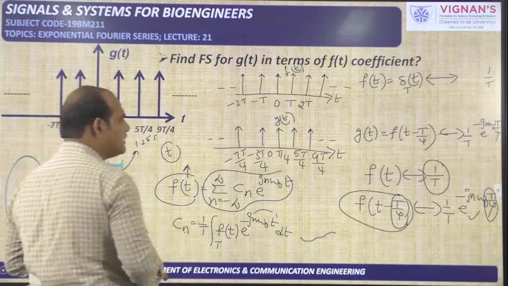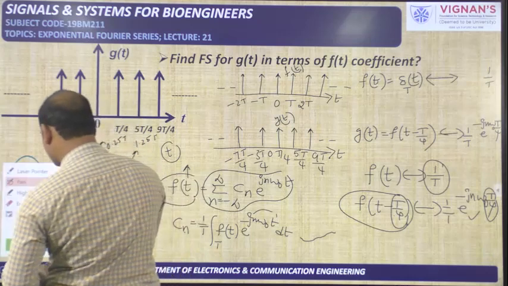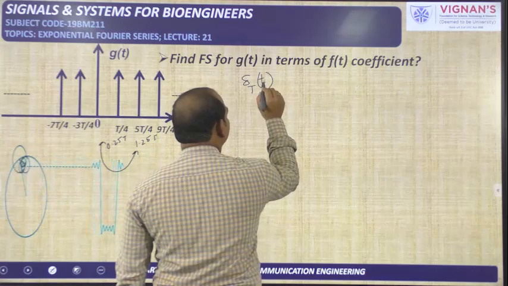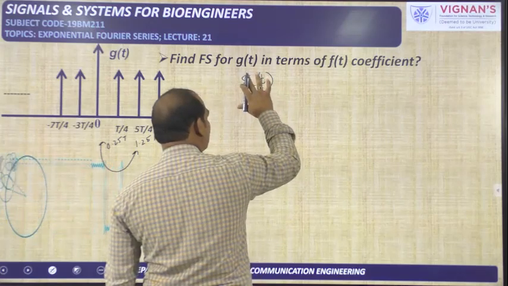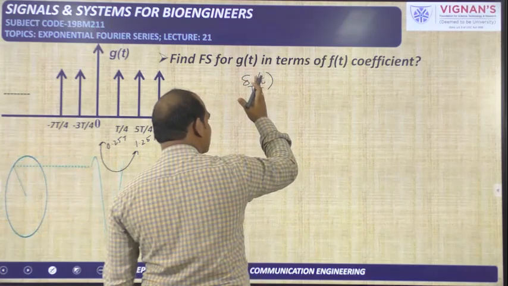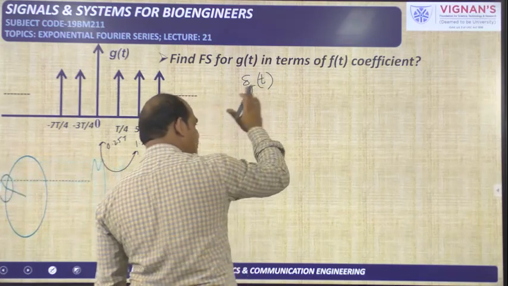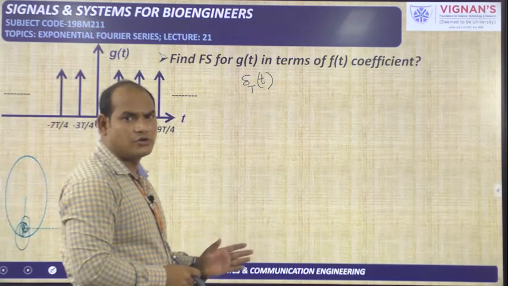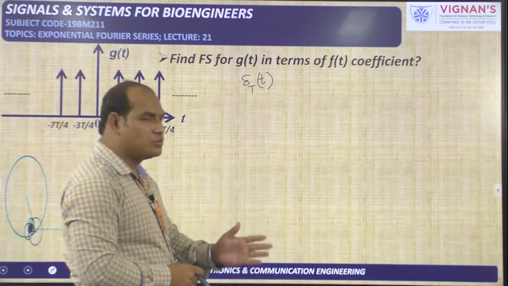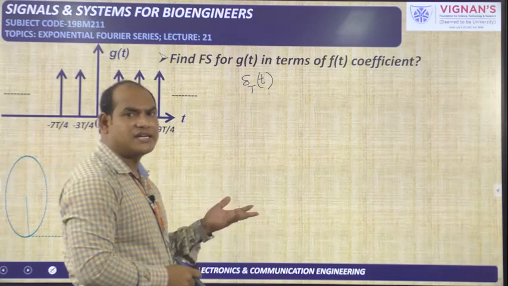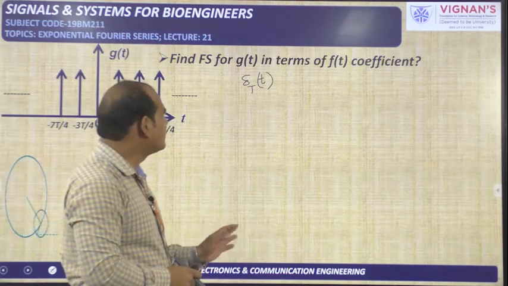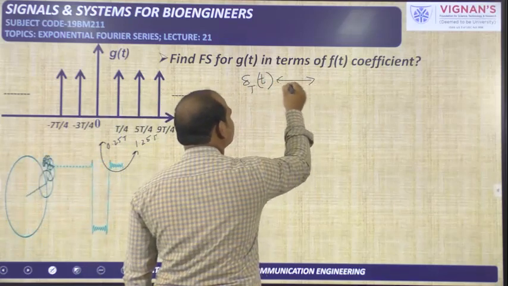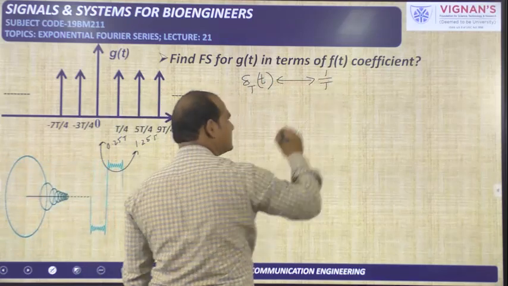Again, orally I will tell, listen carefully. For the delta T of t signal, which you are already familiar with, infinite number of impulses are available when t is changing from minus infinity to plus infinity. Those are available at small t equal to 0, capital T, capital 2T, capital 3T and so on, and on the left side minus capital T, minus capital 2T, like that. For this impulse train signal, the Fourier series coefficient we got is 1 by capital T.